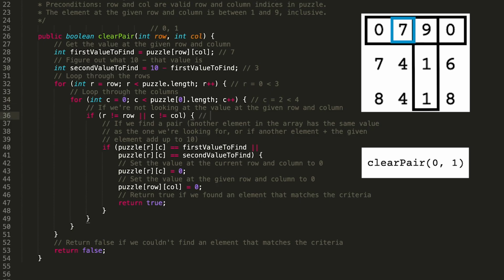So now what we're looking at is 0 not equal to 0, which is false, but it's okay. We can look at the column. So is 2 not equal to 1? This is true. So this is going to evaluate to true. So we can go ahead and look at this value. So the element at this index is going to be row 0, column 2, and that looks like it's 9. Unfortunately, 9 is not equal to 7, and it's also not equal to 3, so we're going to have to